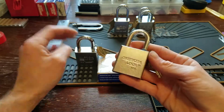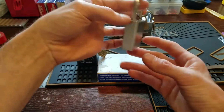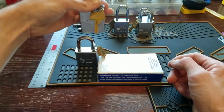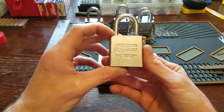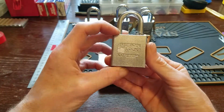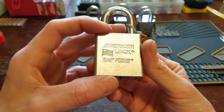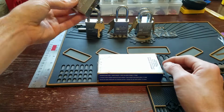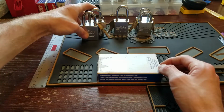So here I have my very first 5200. Nothing special. It's a little bit older, has the shorter key. Then I have this 100th anniversary. It says 100th anniversary 1912 through 2012. At the same time I got this, the seller also had,